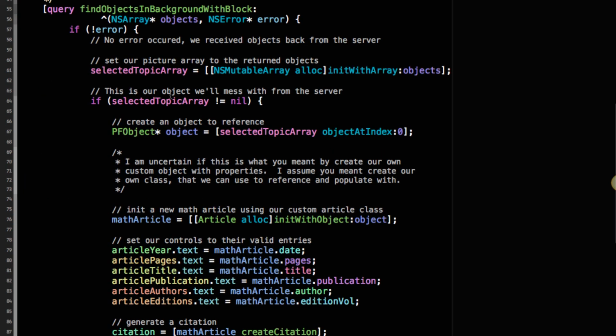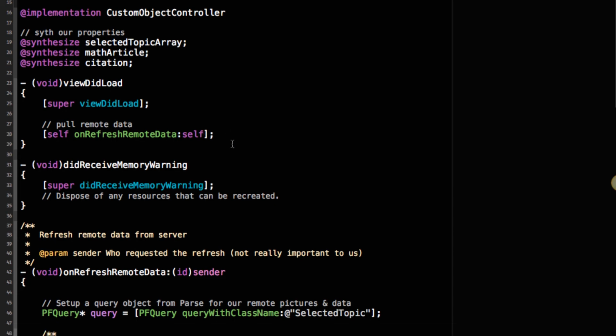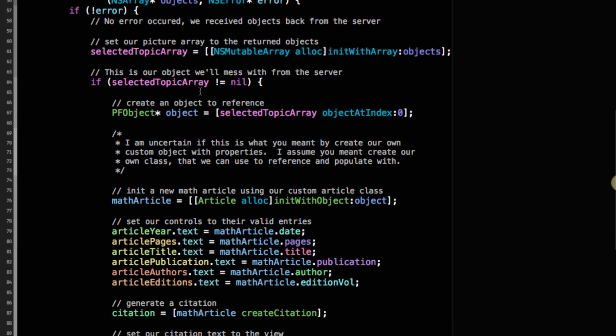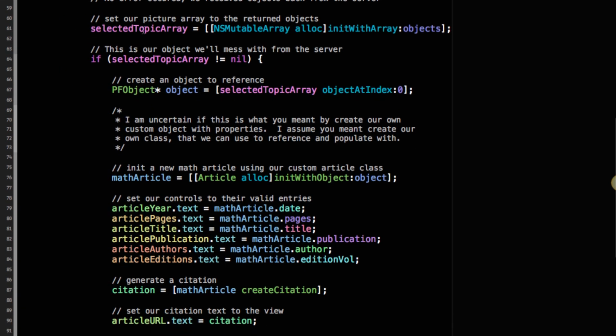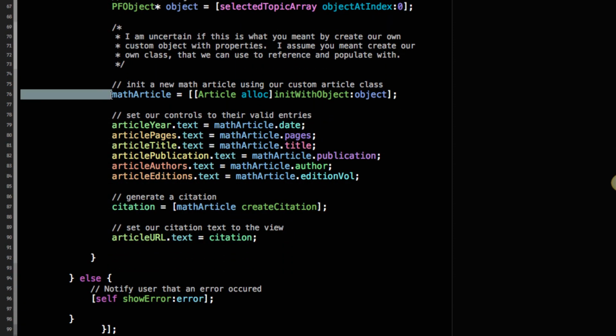If we take a look at the code here, when the view loads, we go ahead and pull the information from the remote server. It's querying for our selected topic on the server, and then when it loads, we put that information into an array, and then we take the first object in the array, because we only have one index for our data on the server. We reference that object, and then we initialize our new math article on this line right here